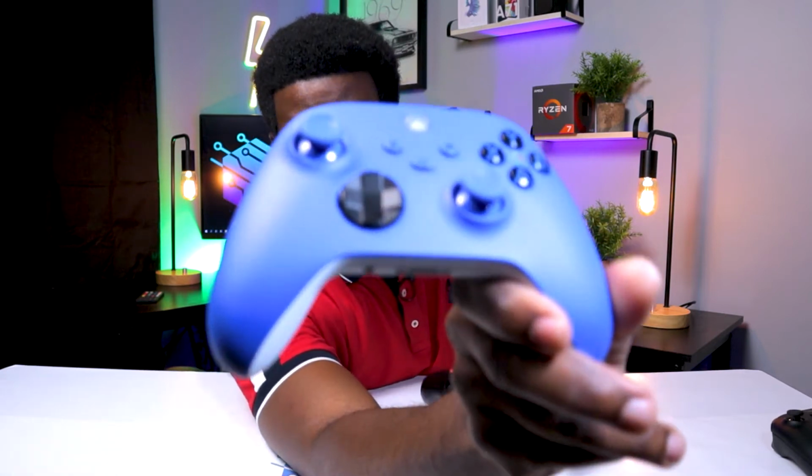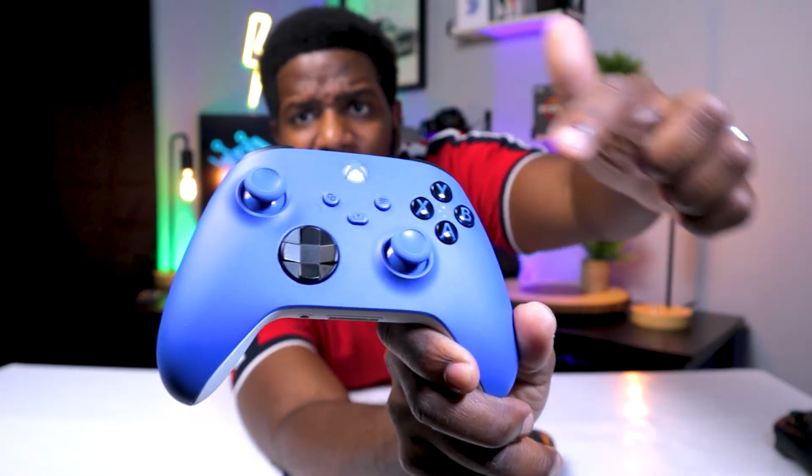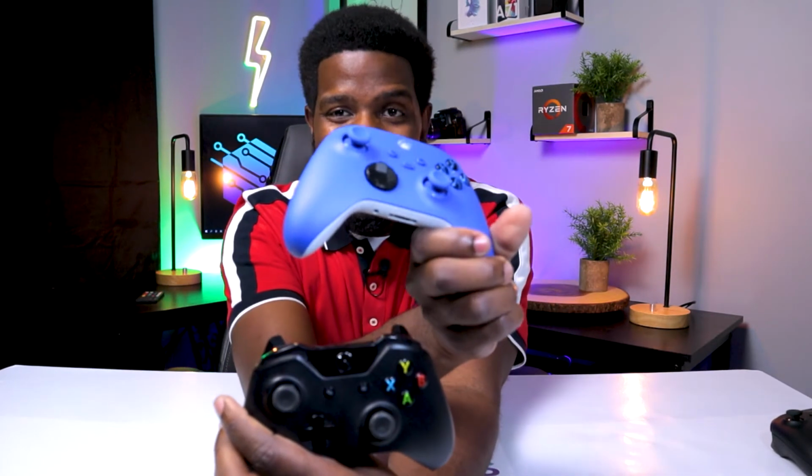The D-pad, of course, is different. As I pointed out before, the D-pad is different. There's an additional button right here. Haptic feedback is a little better, but outside of that, it's the exact same controller. The one plus that I would say is you can use this controller, the Xbox One controller,